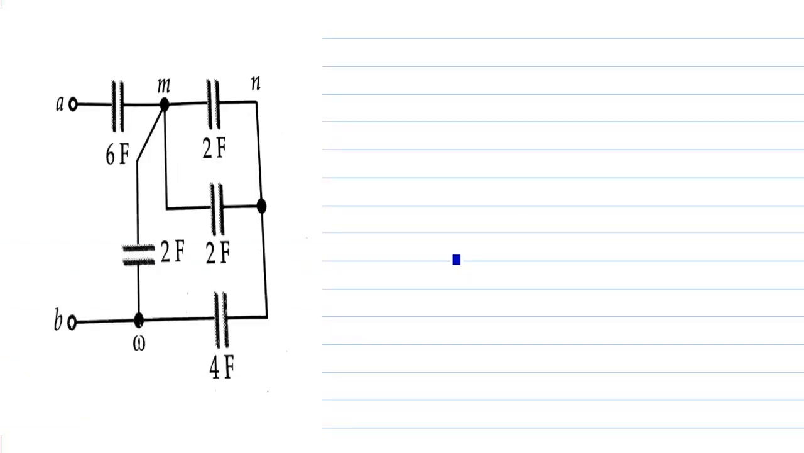This question says to find the equivalent capacitance across the terminal AB. So we have to find CAB. We can see here this 2 farad and this 2 farad capacitances are connected in parallel. So here this combination will give us